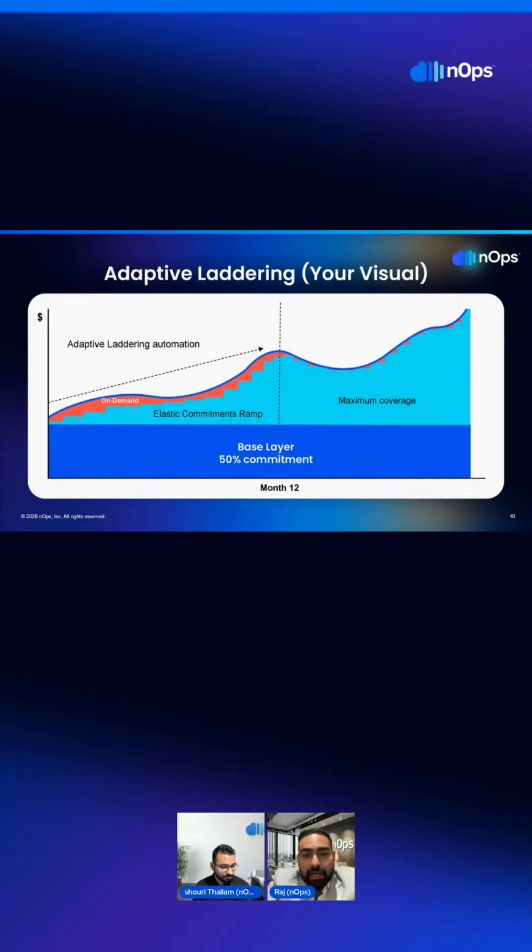So, for example, my most stable baseline belongs in RIs, because that's where I'm going to get my maximum savings. Your flexible but repeatable usage belongs in savings plans. That's what we're trying to ladder here properly. And anything that's spiky stays on demand,